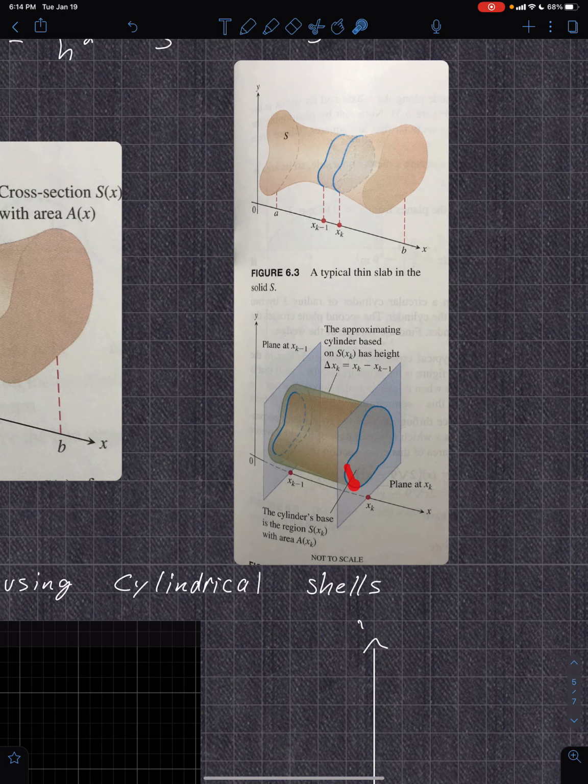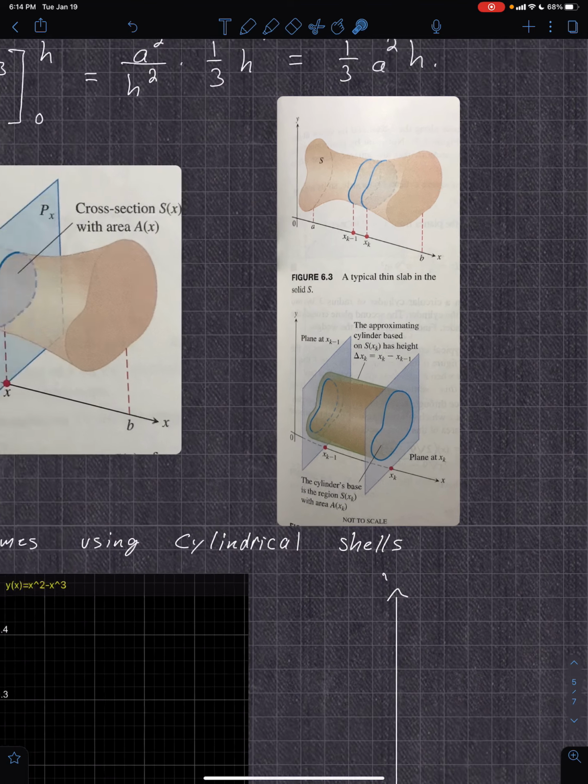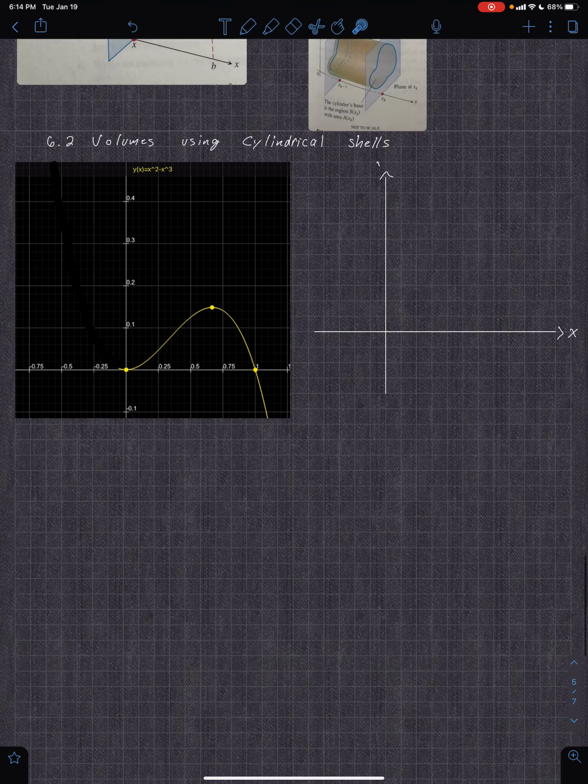Okay, so if you know this area, then you do the delta x, and then you add up those pieces all the way across. You do that one, you do that one, and it's going to change, of course, as x changes. And you could put it vertical and change as y changes. That's kind of how we did above. Okay. So let's now look at volumes